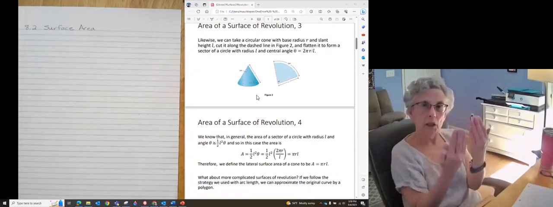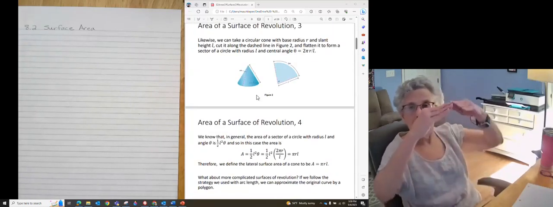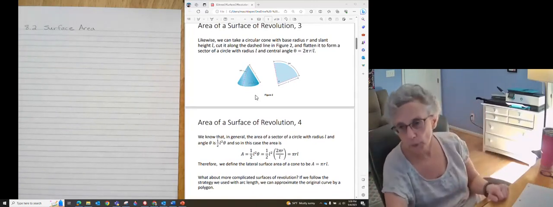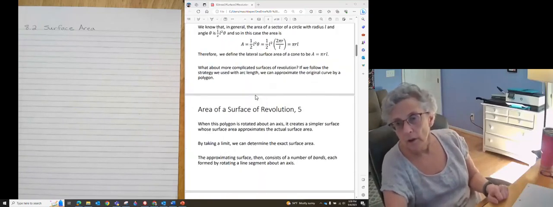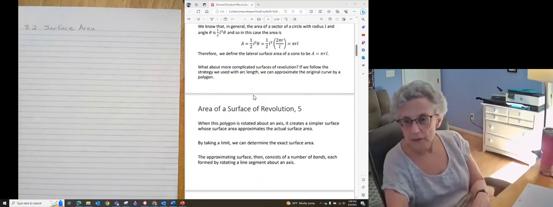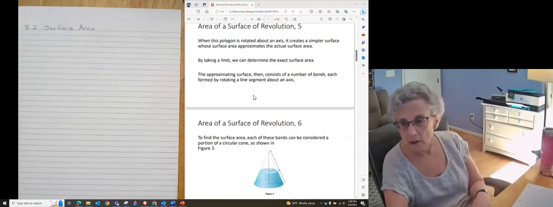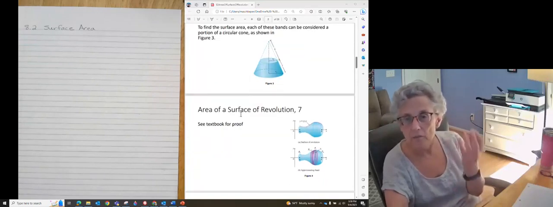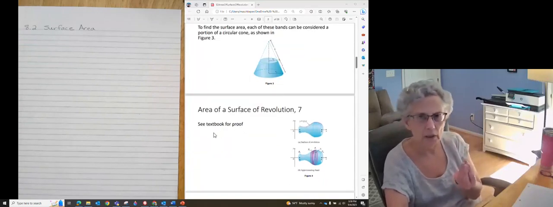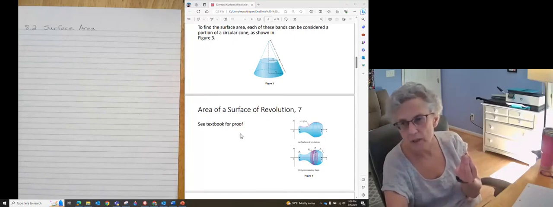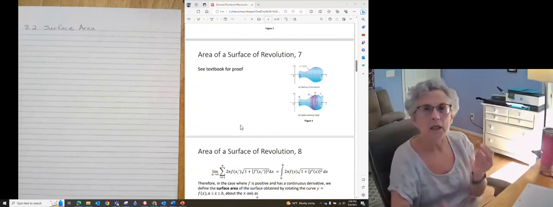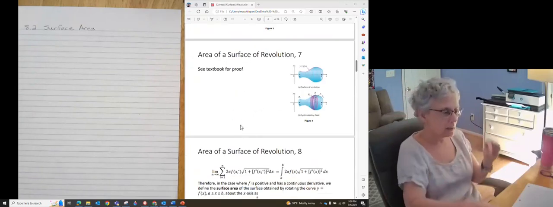So we think about a cone. And if we undo a cone, then it depends upon the angle of the cone. I'm not going to go through all of the steps. It's rotated about the axis. We divide it up just like we did, and you can look at the proof in the textbook, but what really helps me to memorize it is really just that